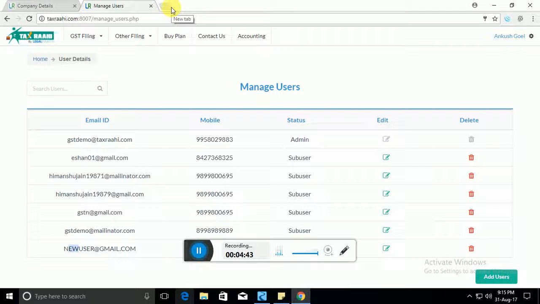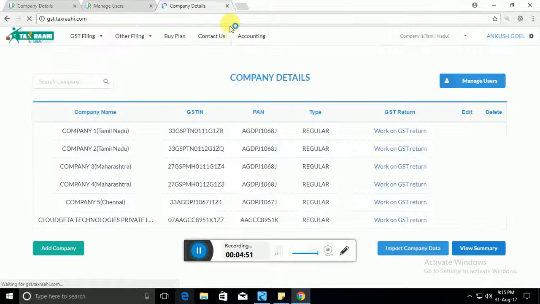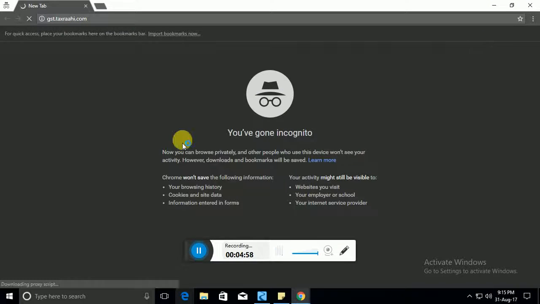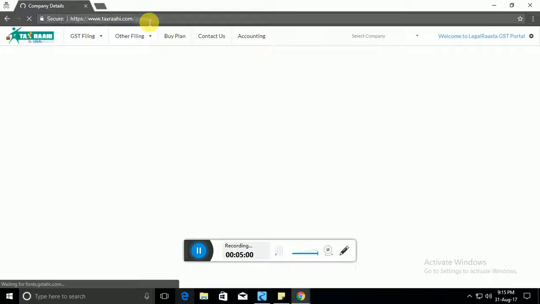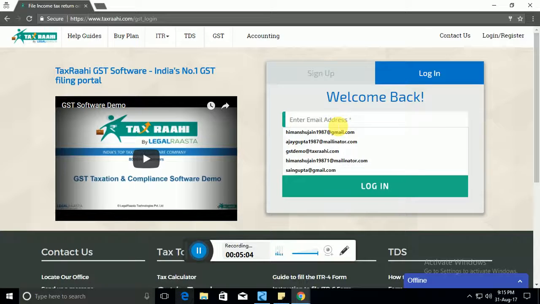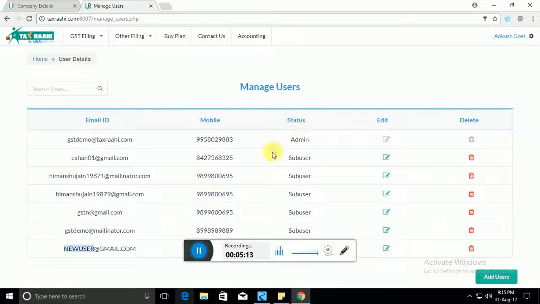Now again, you can provide the user ID and details to this user, and by going on our GST portal, he can simply log in. I can show it to you in a new window. You can just key in the details, like new user at Gmail, enter the password, and you can simply log into the system. Okay, now coming back onto the screen,